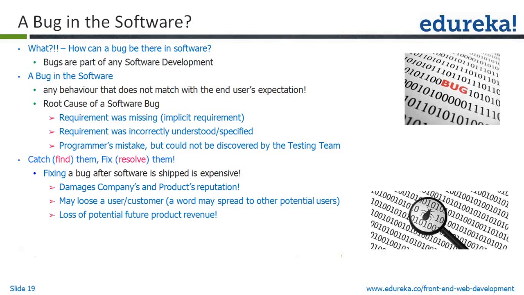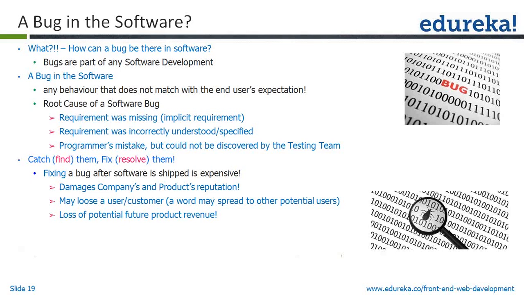Finally, it went to the end user, or it went to acceptance testing. At that time, the end users or even the client would discover some other bugs. When I say bug, it did not meet the user's, client's or customer's expectation. Once it is reported, you have to go back and fix the code, test it again, and ship it again. So note that